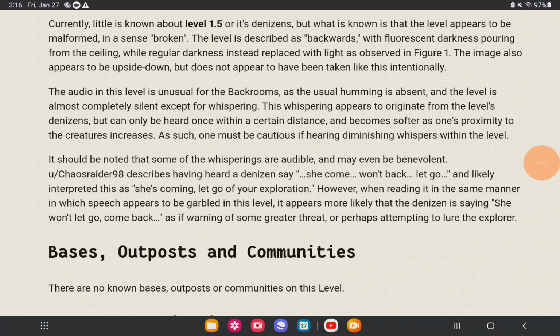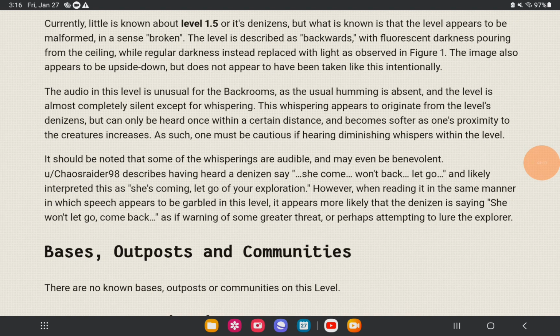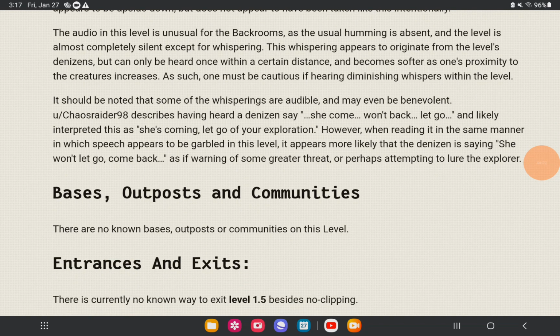The audio in this level is unusual for the backrooms, as the usual humming is absent, and the level is almost completely silent except for whispering. This whispering appears to originate from the level's denizens, but can only be heard within a certain distance, and becomes softer as one's proximity to the creatures increases. As such, one must be cautious if hearing diminishing whispers within the level. It should be noticed that some of the whisperings are audible. It may even be